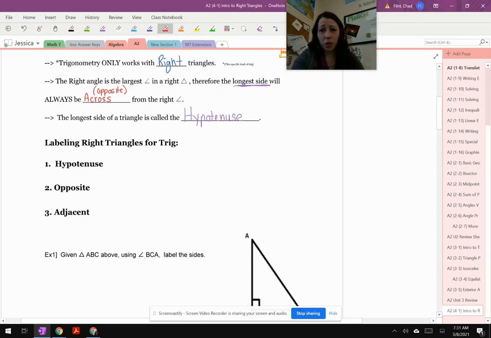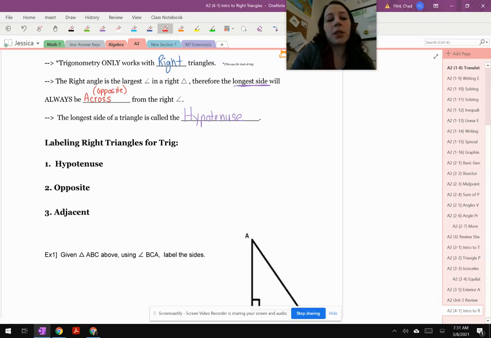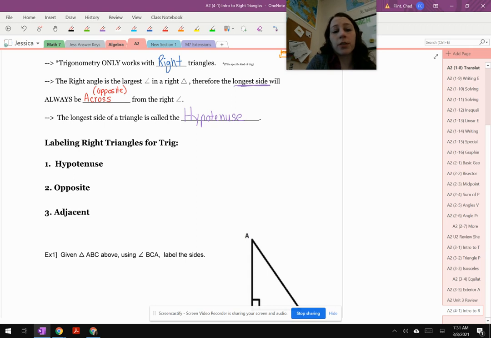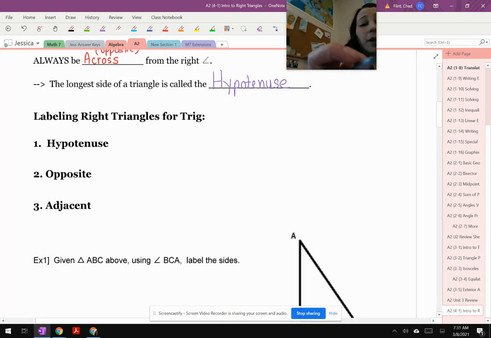Okay, so when dealing with trig problems and setting trig problems up, it's going to be essential for you to be able to look at a triangle and tell what the hypotenuse is, the opposite side, and the adjacent side. So when you're labeling right triangles for trig, again, the hypotenuse, like we talked about, is always